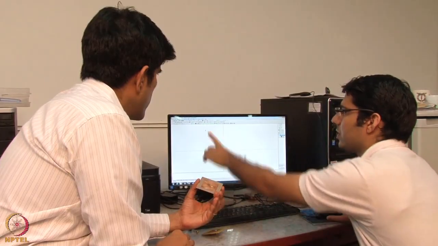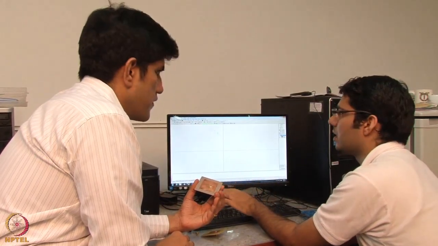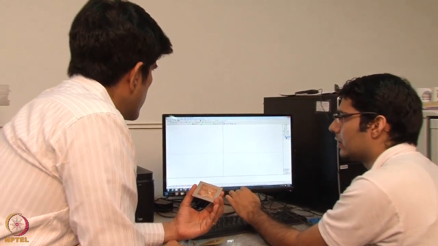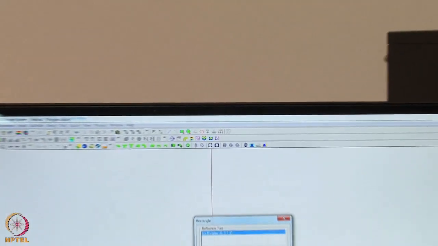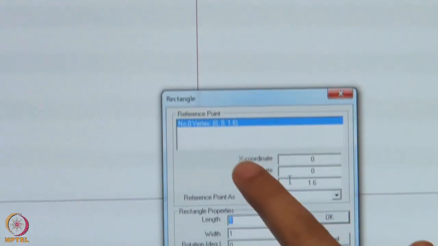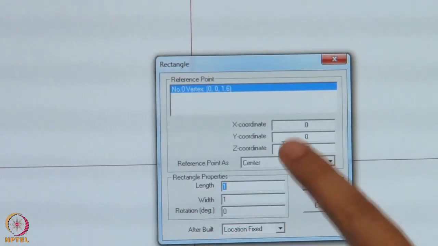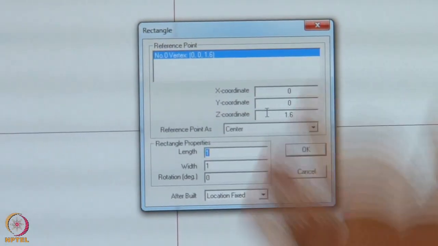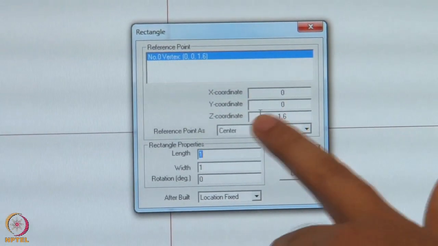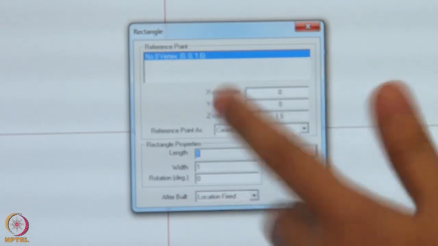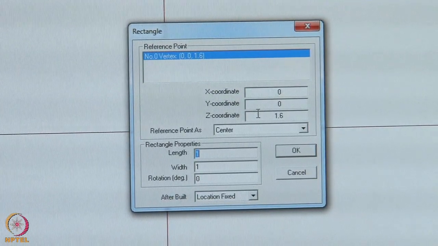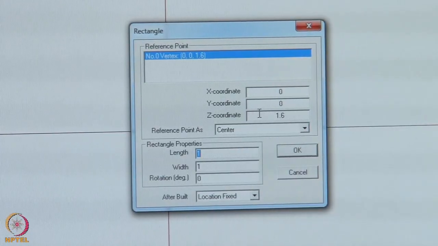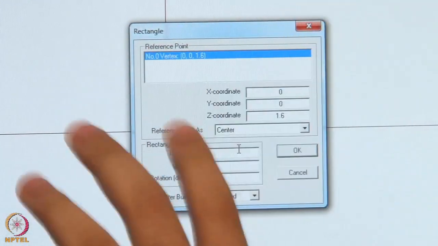Firstly, we have to design a square patch antenna, so we will select this rectangle. Click on this and we can see the X coordinate, Y coordinate, and Z coordinate. For Z, we have to design the patch antenna at a height of 1.6 mm, so Z is 1.6. For X and Y, we can take any value; by default we are taking 0, 0, so that it will be at the center of the